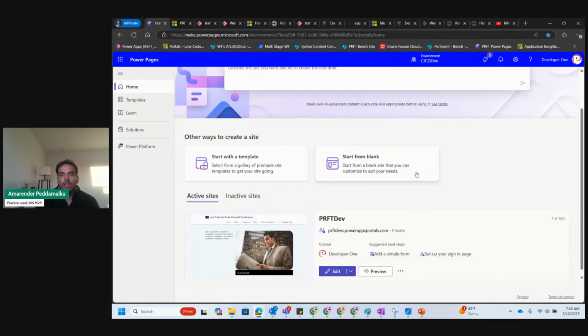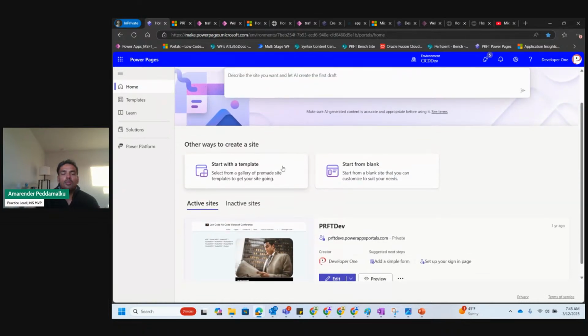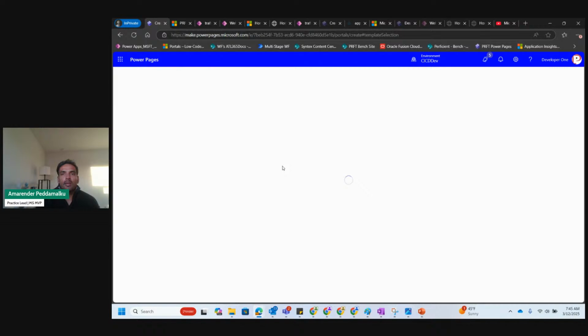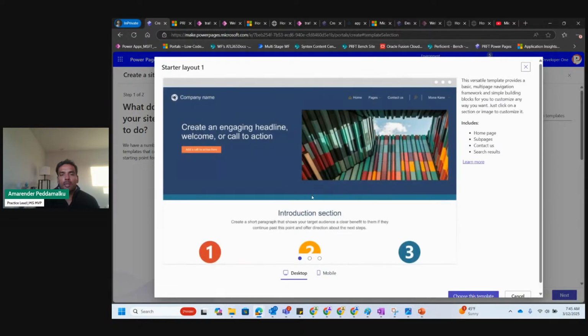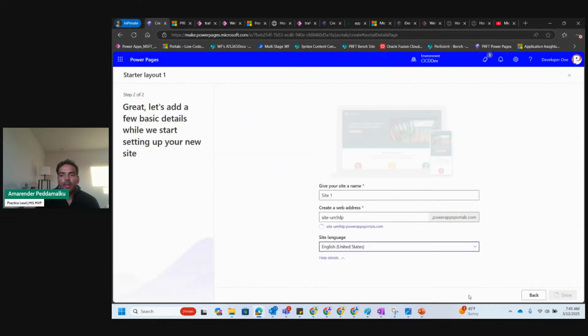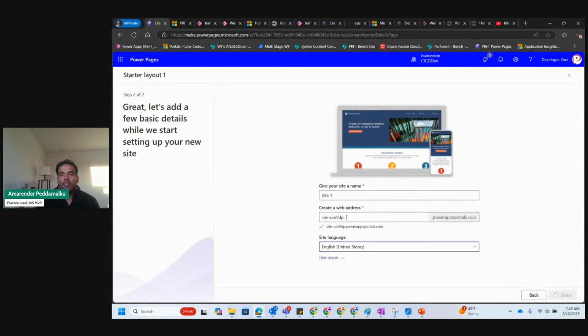And I just want to show you, let's say you want to start with the template and create the website from scratch to begin with, and you choose this template, and you see, because it's a public facing site, or because it's a cloud-based platform, the initial URL that you're going to give needs to be unique.